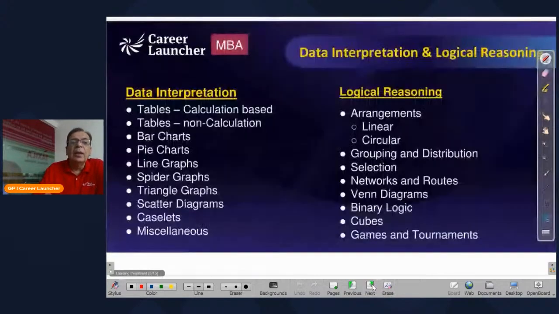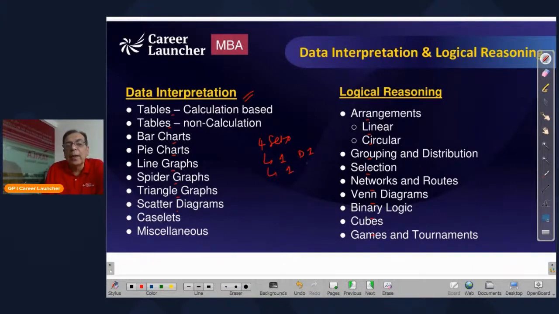Now let's look at what you are supposed to do. Yes, I'm sure many of you will know all these things. However, what you need to remember, while these are distinct question types or data types or types of sets, the fact remains, as far as CAT is concerned, that if there are 4 sets of data, not more than 1 set will be pure DI, only DI. Not more than 1 set will be pure LR, and the remaining 2 sets are typically a DI plus LR combination,